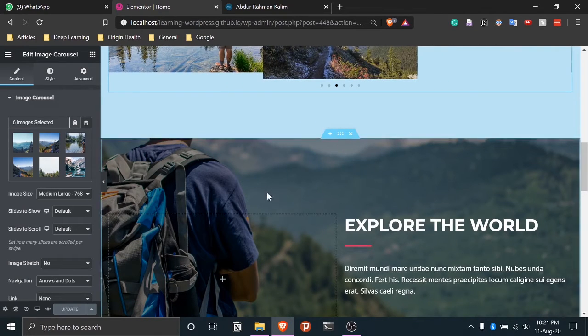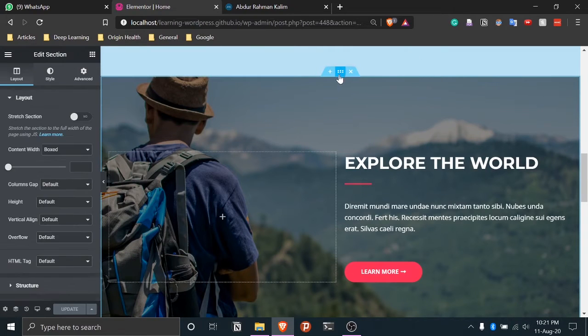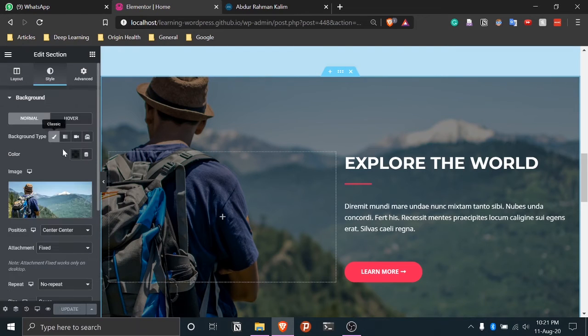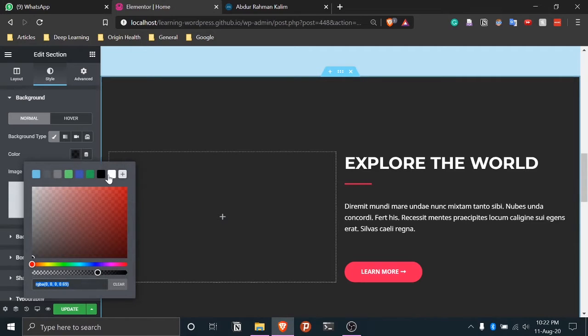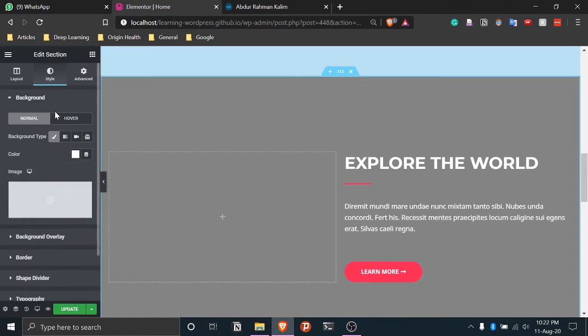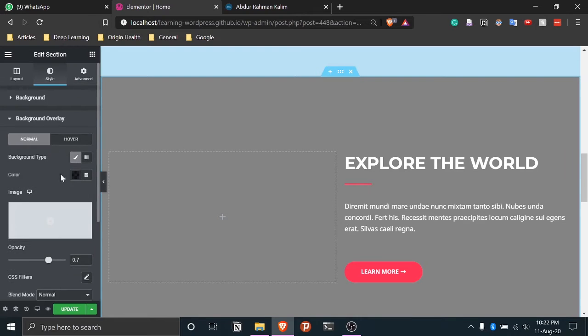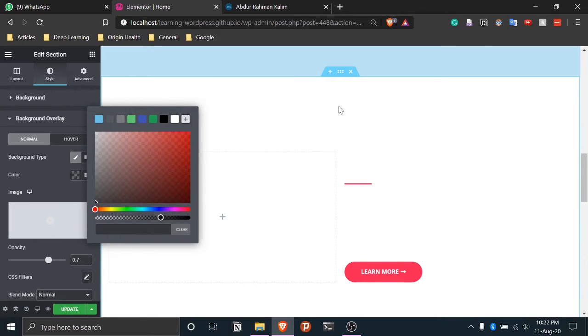So first of all, I don't want this picture here. I want a solid background. So I click on this. I go to style, and just the same way I will delete this image. Instead I'll go for the background and I'll choose, let's say, white. Okay, and I think there's this background overlay behind, so we don't want that black color, that's what's giving this gray tint. So we will remove this. So once we clear, we can see that now it looks completely white.